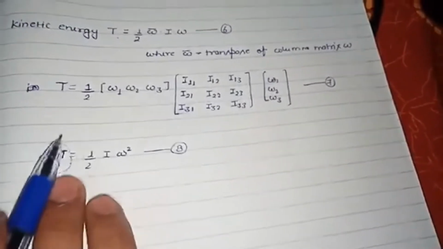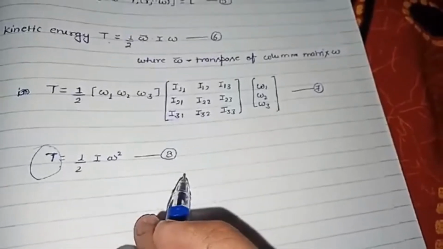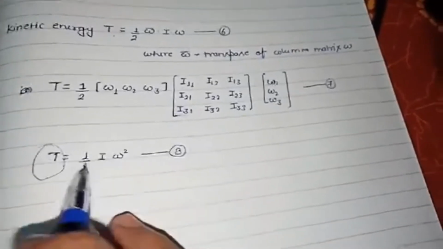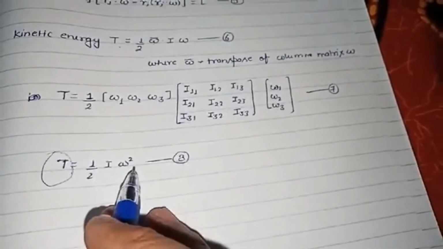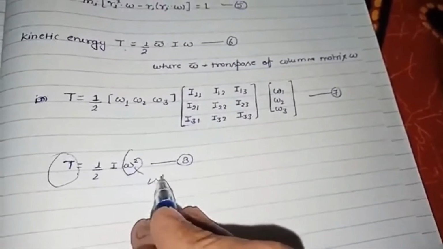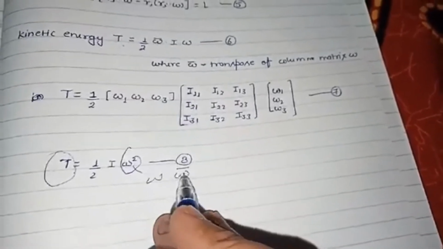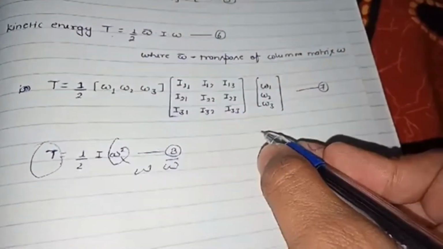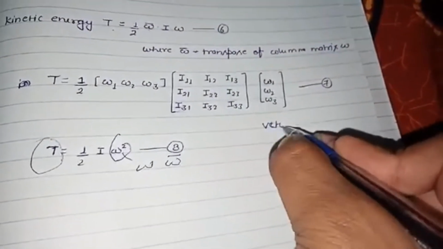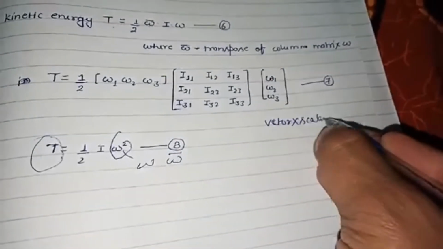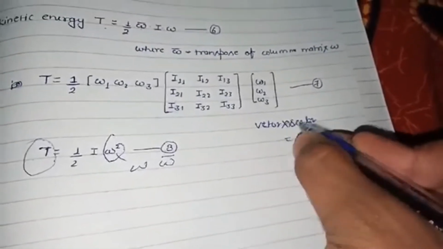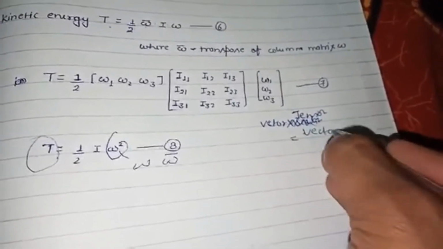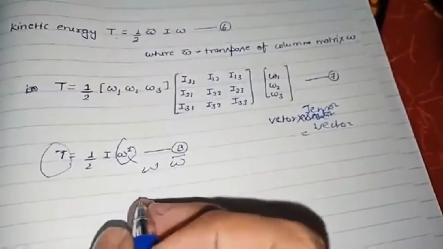सो यहाँ से हम क्या निकाल सकते हैं, the moment of inertia about the axis of rotation. सो यहाँ से हम कह सकते हैं कि प्रोडक्ट ऑफ टू वेक्टर्स एंड अ टेंसर, ये इसमें दो हैं, एक ω और ω बार, ये दोनों वेक्टर हैं। Product of two vectors and a tensor I is scalar. पहले वाले में क्या कहा था, अगर एक वेक्टर होगा और एक टेंसर होगा, टेंसर हमारा I था, तो ये क्या आएगा, वेक्टर आएगा। अगर दो वेक्टर होंगे और एक टेंसर होगा तो हमारा स्केलर आएगा।